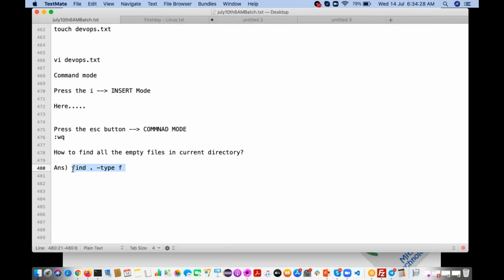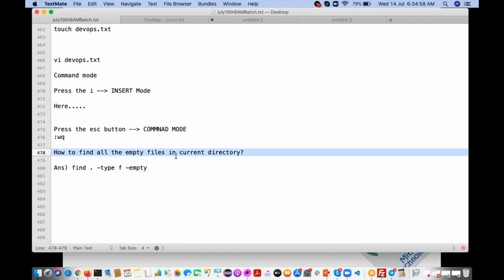But my requirement is empty files. So for that, what are we going to do? We have to specify the condition hyphen empty. Once we execute this command, it is going to display all the empty files.